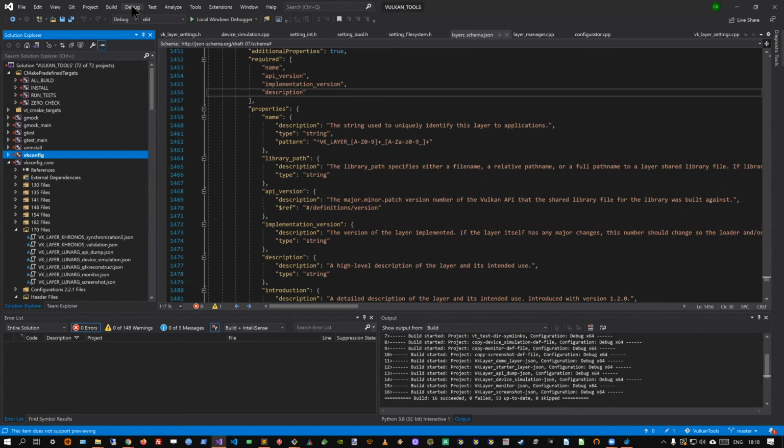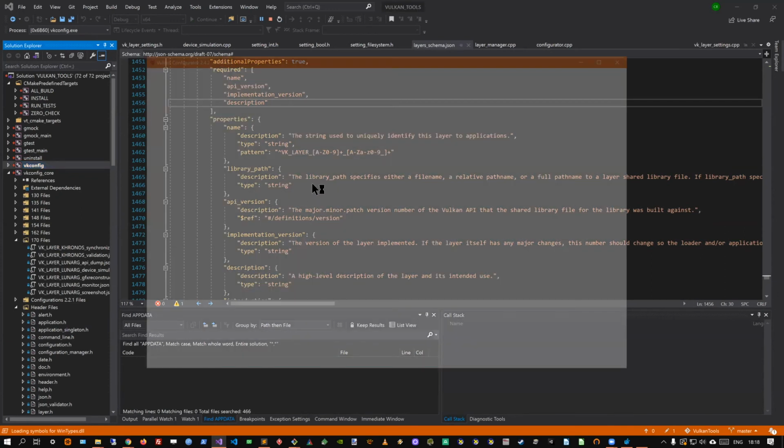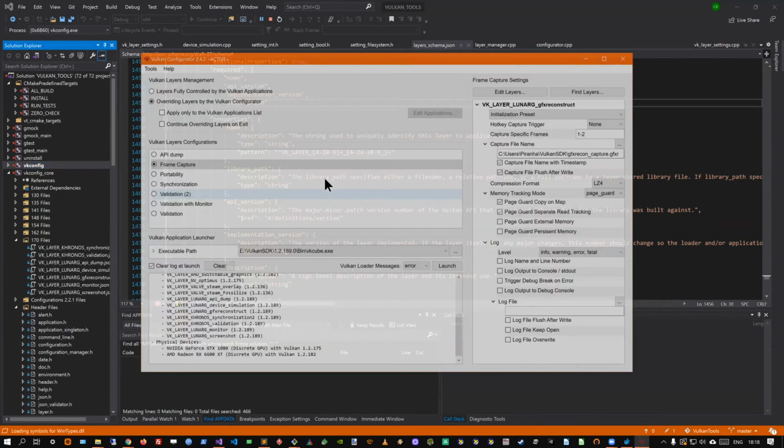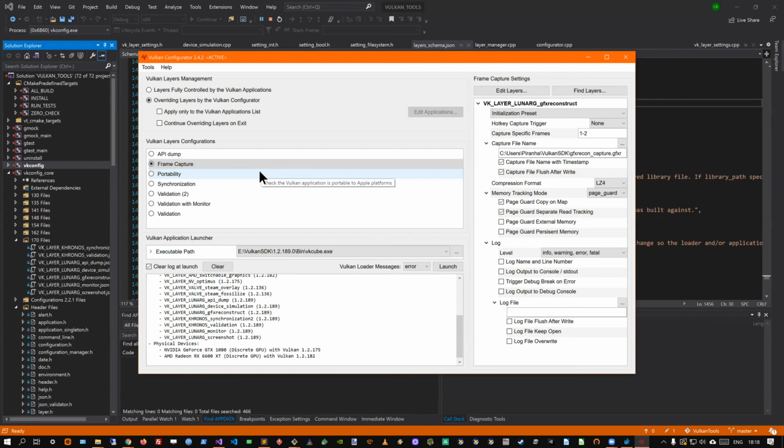The Vulkan configurator is typically finding some layers, but it's not finding any layer anywhere on the system, as we said. So this one is in my repository.